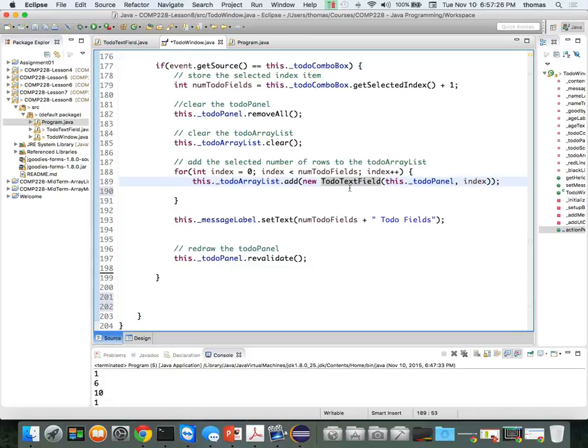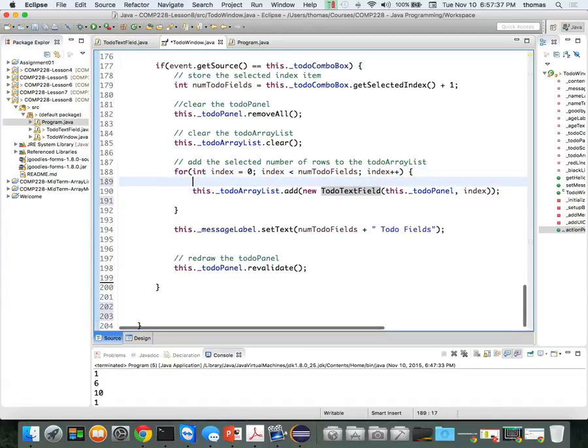So it's not going to be something that I care about. It's going to be the same variable name, right? I'm just going to be using it as a reference because this is a reference type. It's not a value type, right? So let's instantiate an object of type text field, or to-do text field. So we'll say to-do text field,